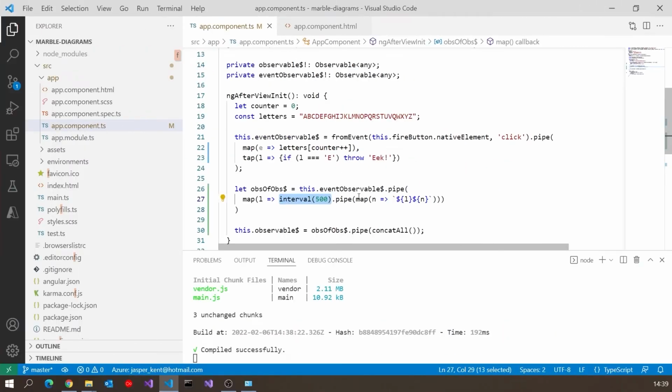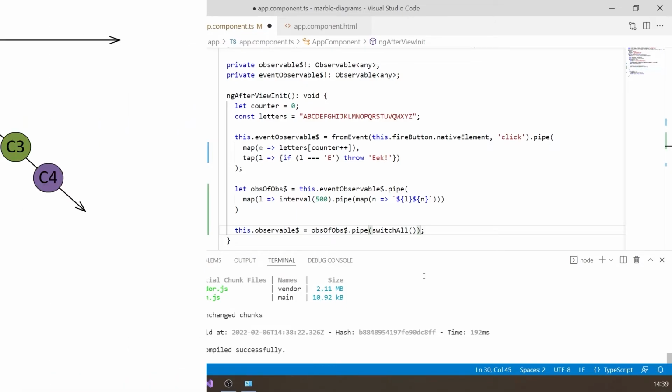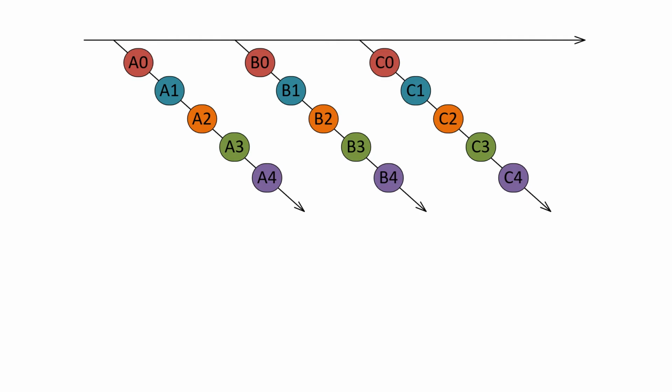The third one of these related, and it's the last one we're going to look at, is we can do a thing called switch all. And switch all is really quite a powerful one. And if you use this wrongly, and I have, then you can make mistakes. And we'll see why. Because what happens here is, if we look at the diagram, we've still got those diagonals, we've still got the interval, so the diagonal observables are not terminating. We can still see the ordering that things going.